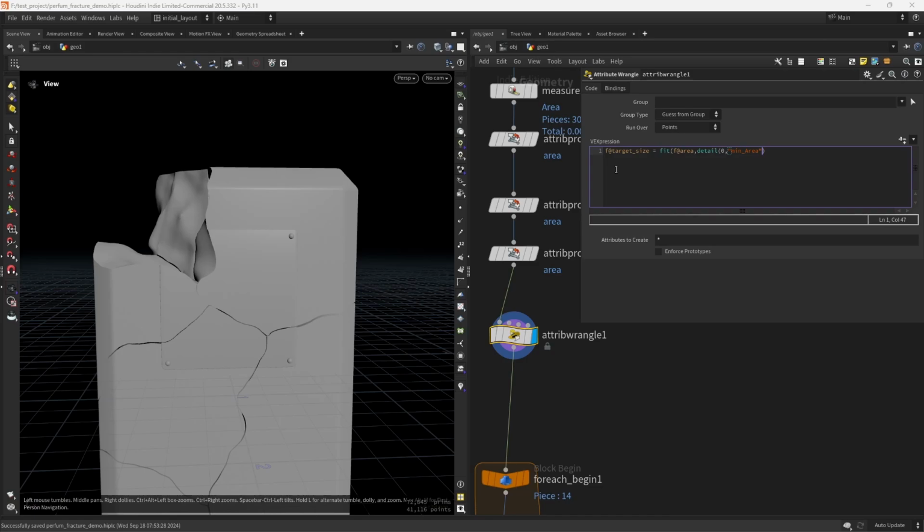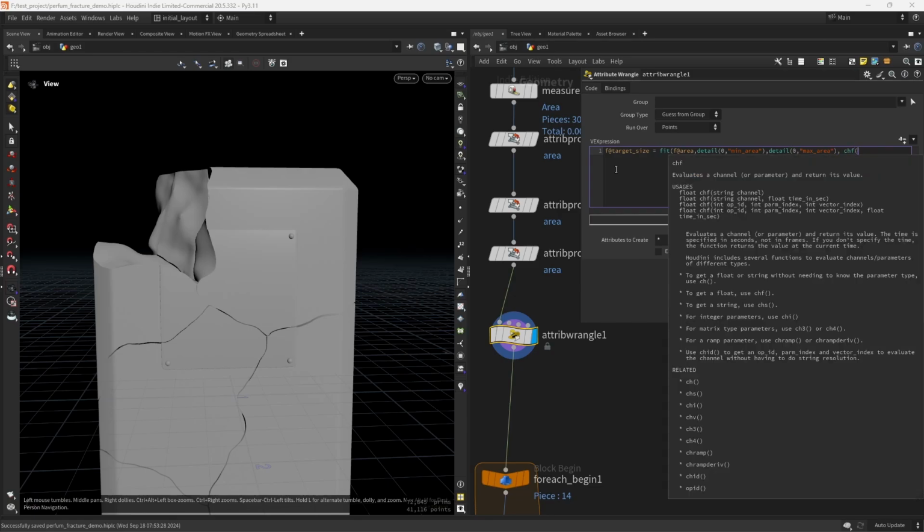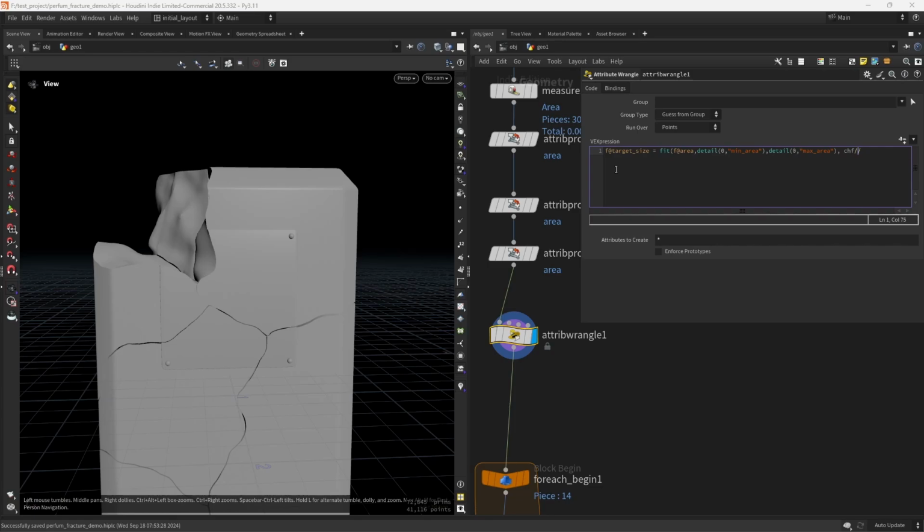So we want to fit it between the mean area and the max area. So these are the old mean and old max, and we want to fit them to, oh, sorry, we want to fit them to mean, target area,